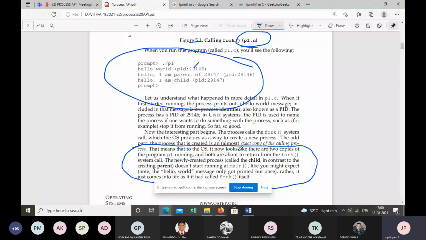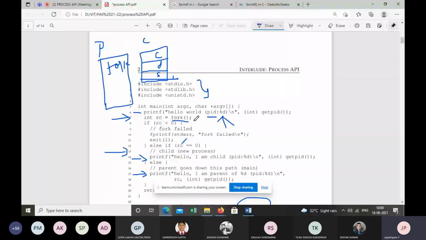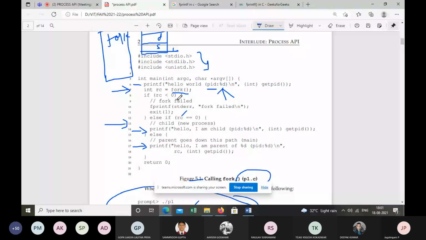Now, when the fork is called, the exact copy is created, but the child will execute only the lines 12, 13, 14, 15.